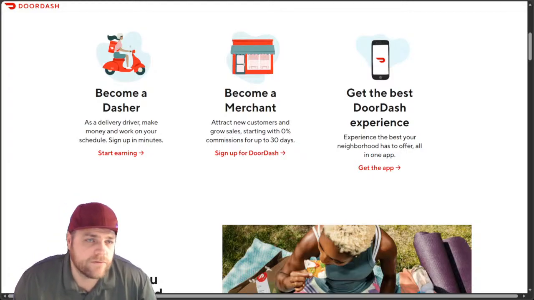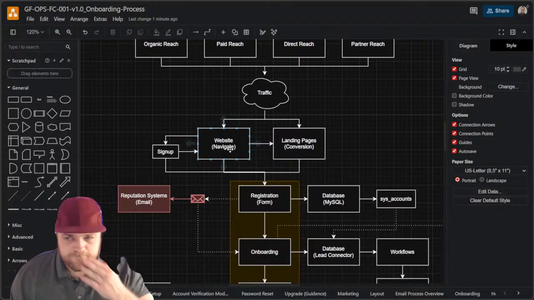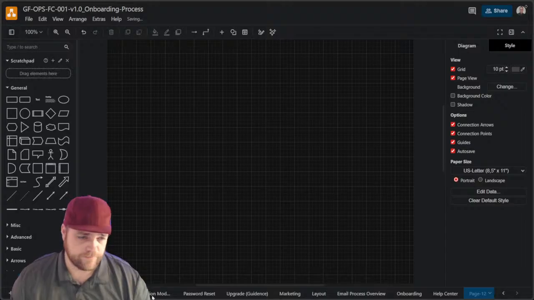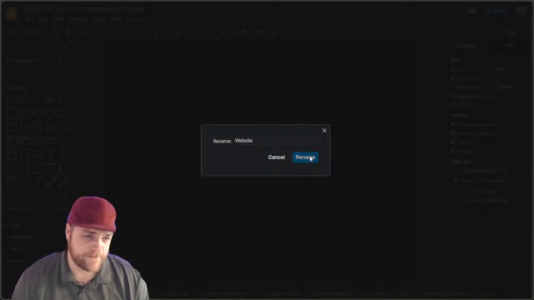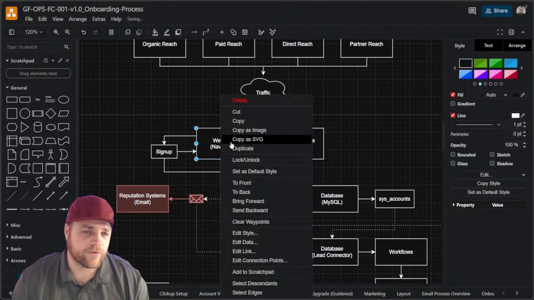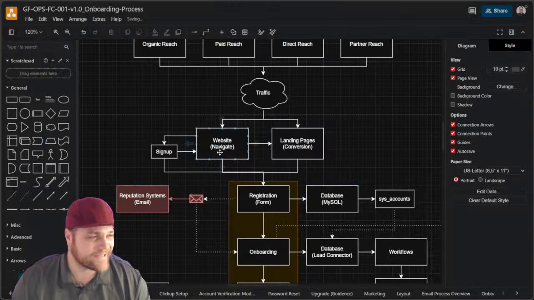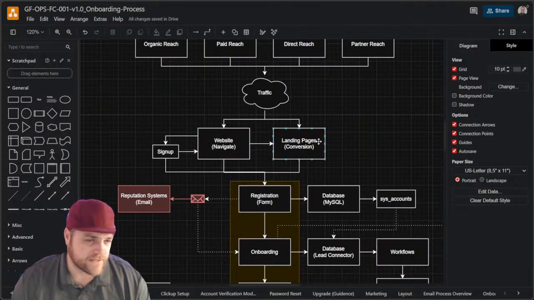Okay. So what we're going to do is we're going to kind of compare those specific things. So we have our website here. Our website will be its own thing. So we're just going to create a new variable to get that variable down a little bit. So we're going to call this one website. Then we're going to connect this guy. So what I would do is I would do a link. I would connect this guy to website and I would press OK. So this way, if I click on here, it's going to take me to my website. That's how I do it.